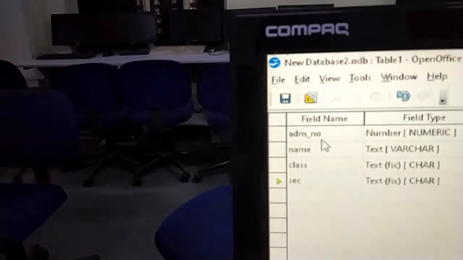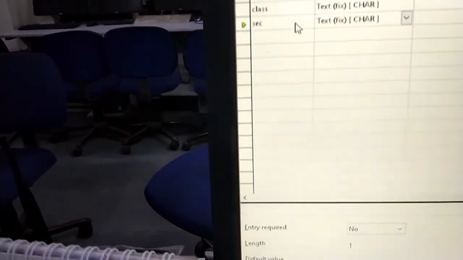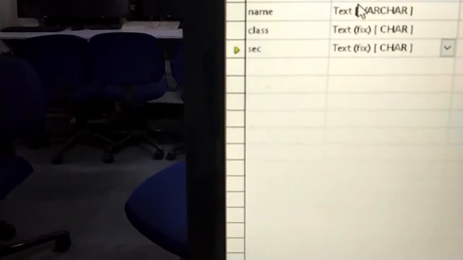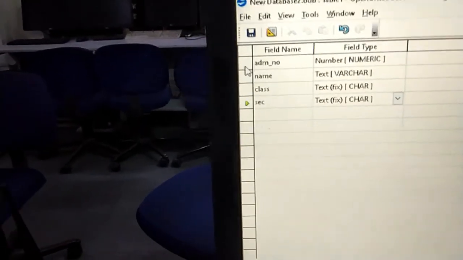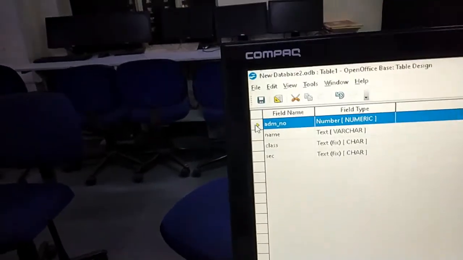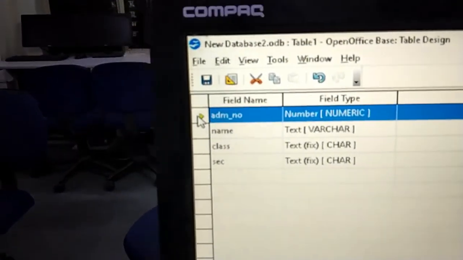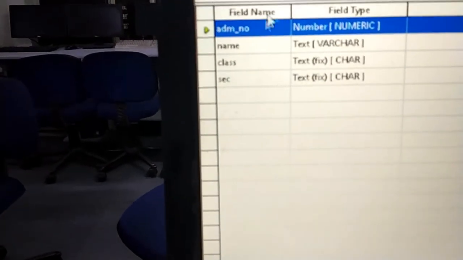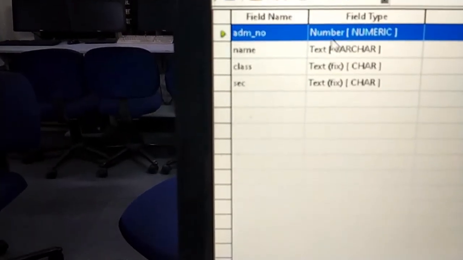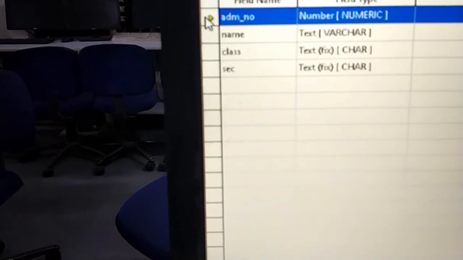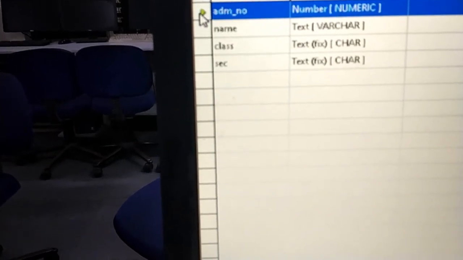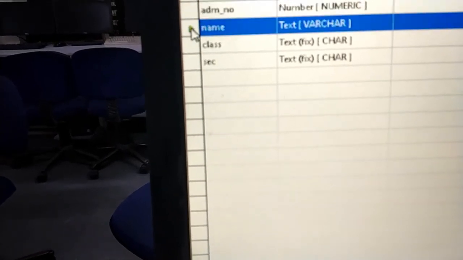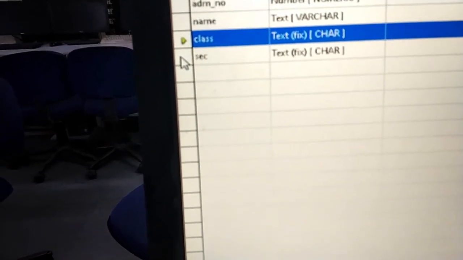So likewise you can create any field you want, and if you want to create a primary key, that is very required to create in the case of Base, so you can just select the field that you want to create the primary key. Mind it, after completion of all the fields, decide which field you consider suitable for the primary key, and then just right-click. Mind it, once you click on the left side, this green arrow you are getting means the field is selected. See, I'm selecting class, I'm selecting section.